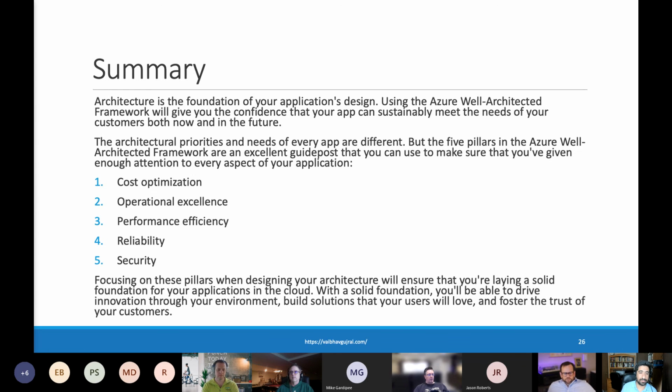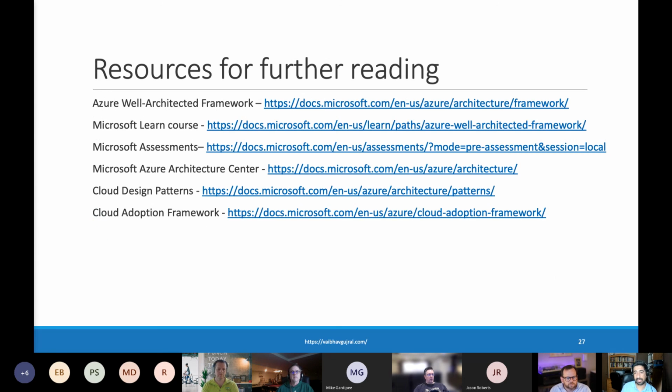foster trust. Here are some of the resources that I have utilized for the presentation. I will be sharing this slide deck with Kevin and Cameron. They can share it with you all. So you can go through these links. Most of these are from Microsoft, so all the information is available in the public domain. You can Google it yourself. And these are some of the great resources you can utilize for further reading and developing an understanding of the